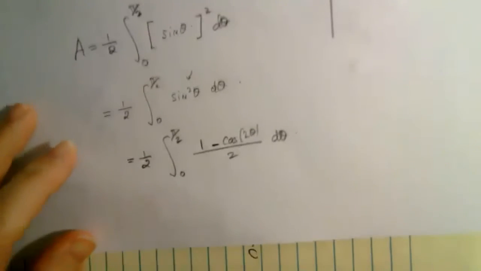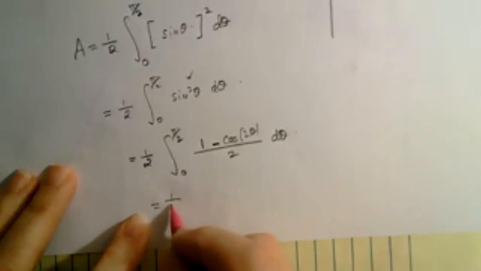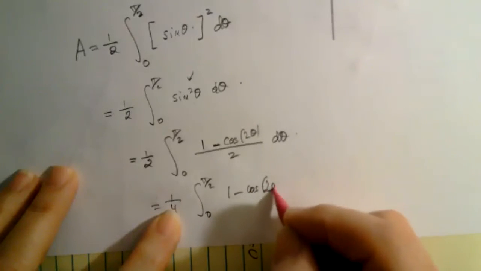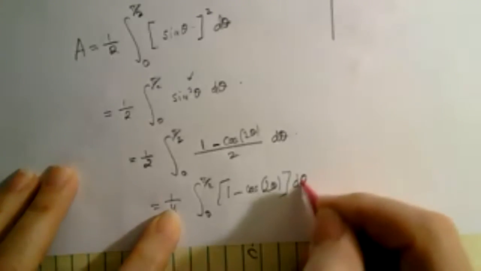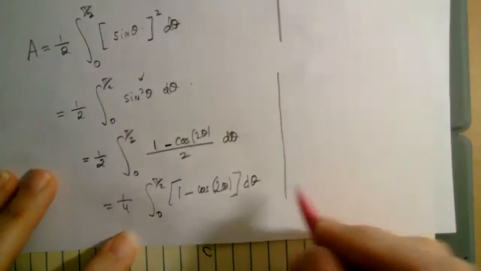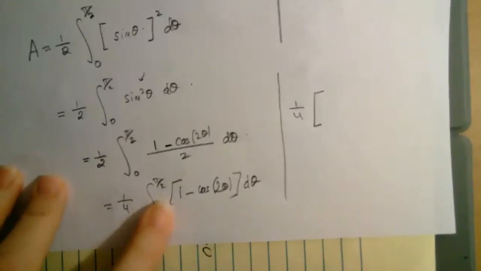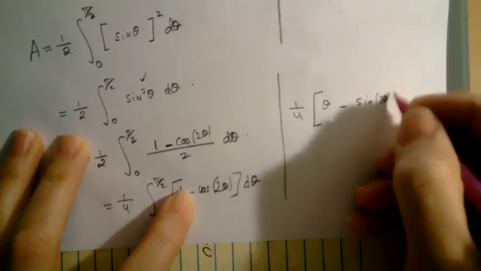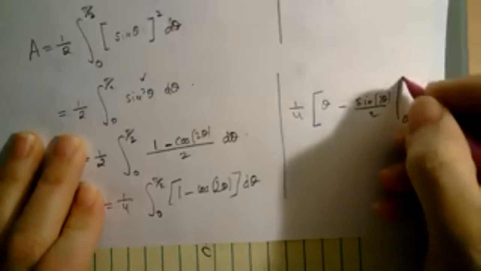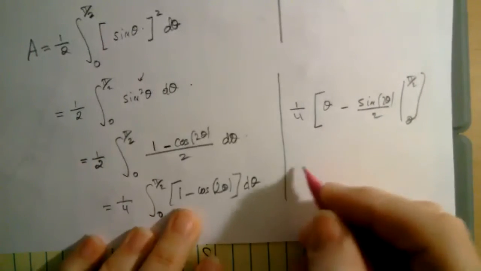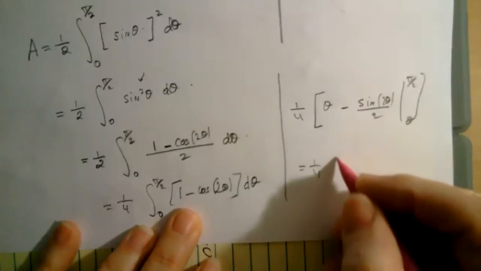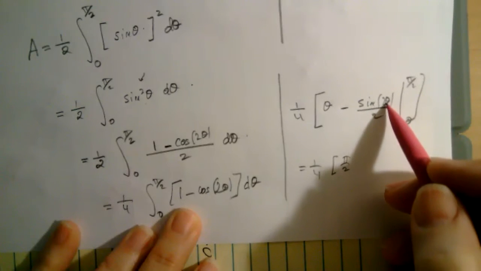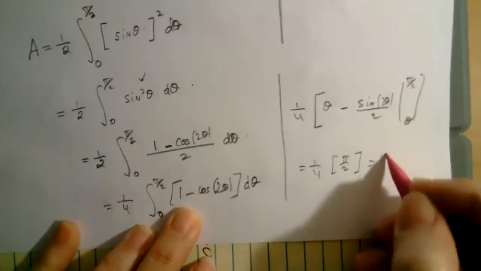Just to give you a head start how we do this. The 2 could be getting out, and I will have the following d theta. At this stage, that's a simple integral that we compute. Antiderivative of 1 is theta. Antiderivative of the cosine is the sine 2 theta over 2, evaluated between 0 and pi over 2. And that will give me a fourth. At pi over 2, I will have pi over 2. Sine 2 pi over 2 is sine pi, which is a 0, minus at 0, and I will get pi